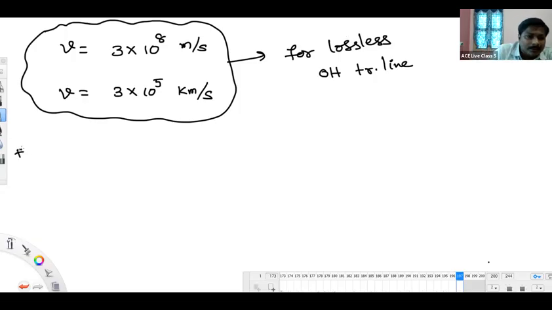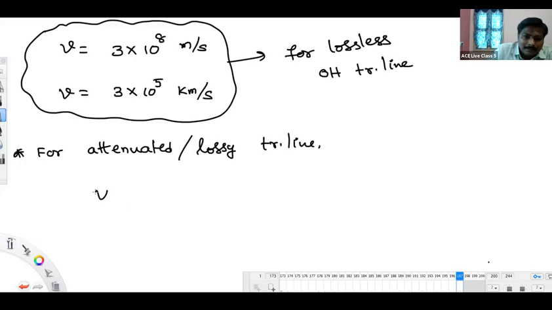So I'm writing now for attenuated or lossy, any name, transmission line, this velocity of wave will be like 2.7 into 10 power 5 kilometers